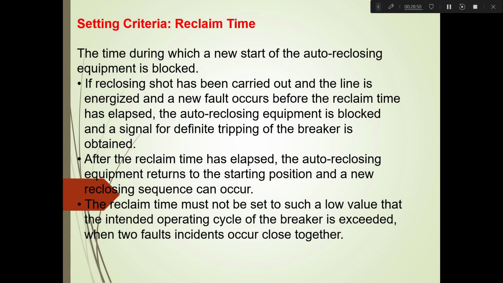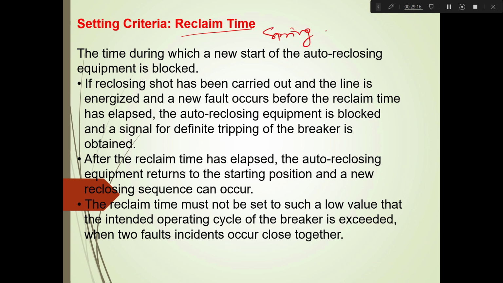So now once the circuit breaker has closed after 1 second, that is after dead time, if there is any fault from this 1 second to the next 25 seconds, that 25 seconds is called reclaim time. And if within this time there is any fault, then all three poles of the circuit breaker must open. And why it is done is that suppose you are having any circuit breaker, you are having a spring